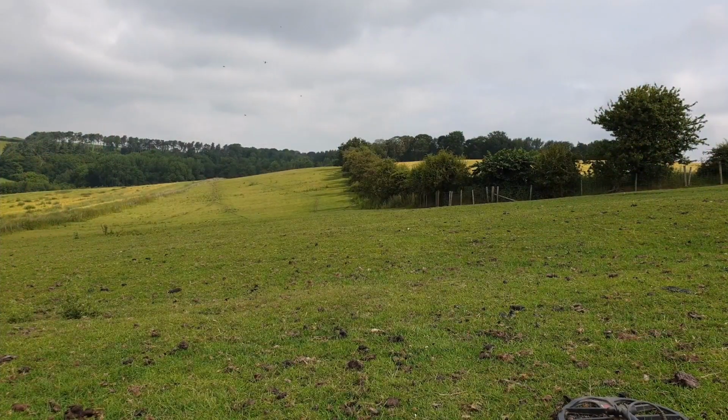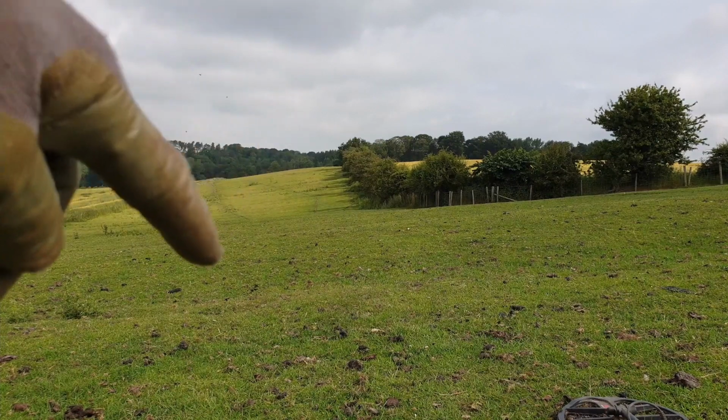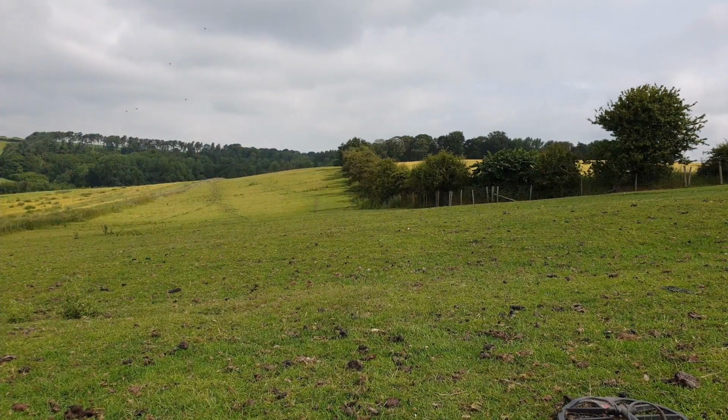So here's a better view of the field. Ridge and furrow from here over into the distance, and the far end of it, which dips down the hill, is quite flat down there. And that's probably the area I'm going to head towards. Right, just let me move this